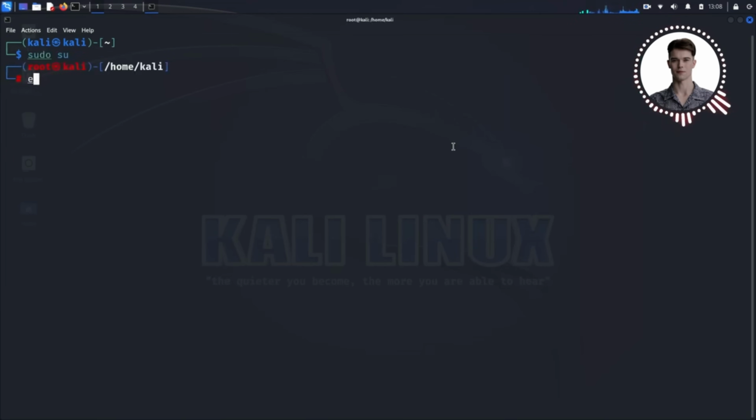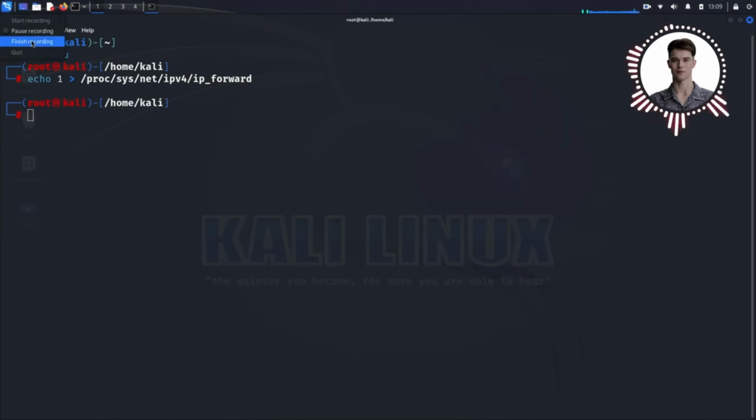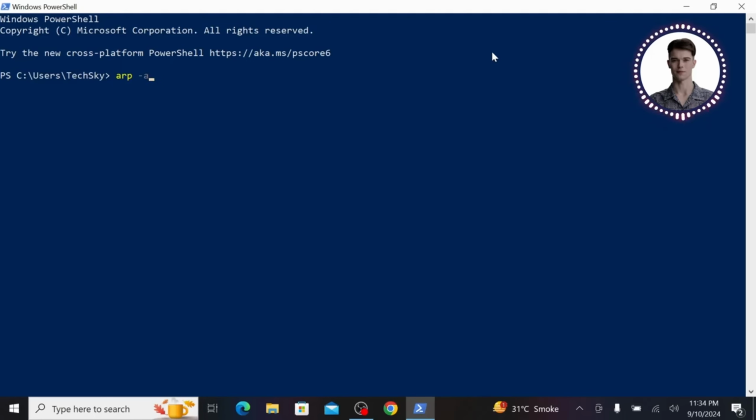In a new terminal window, run echo 1 > /proc/sys/net/ipv4/ip_forward. This command tells Linux to forward any packets it receives that aren't meant for it, allowing normal network traffic to continue. To verify that our attack is working, go back to the Windows machine and run arp -a